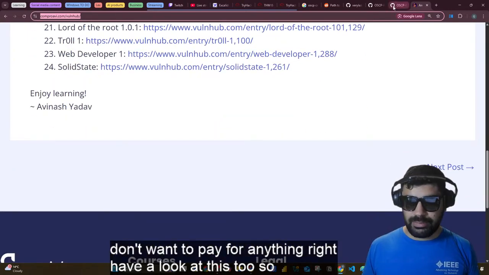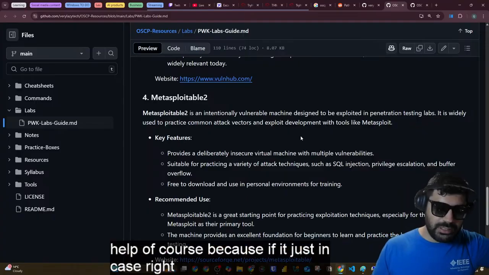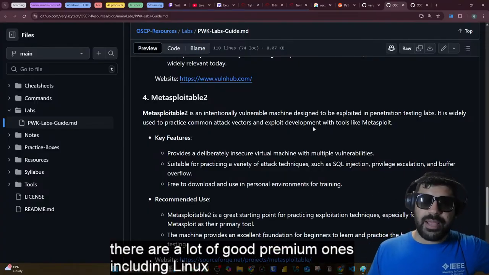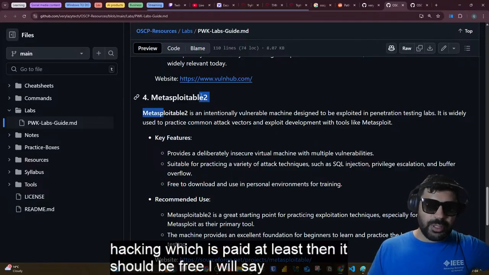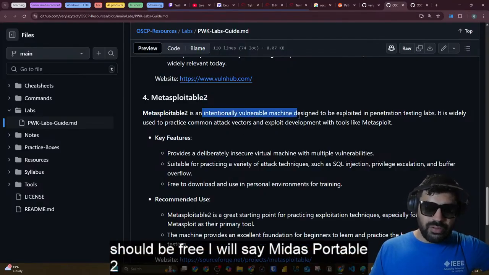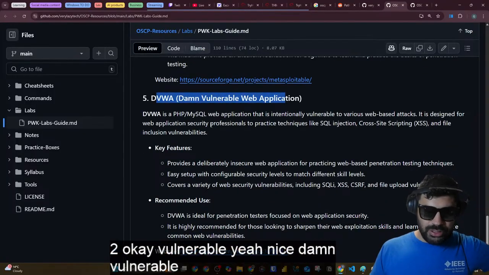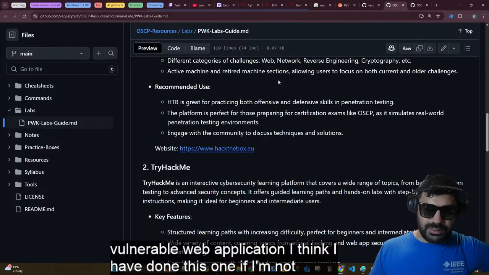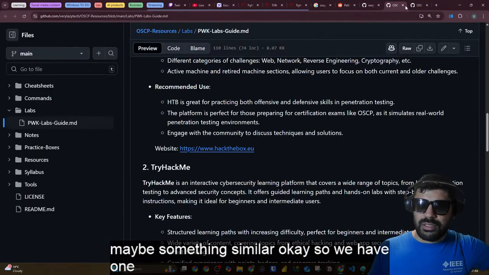These will help, of course, just in case. Because there are a lot of good premium ones, including Linux fundamentals on TryHackMe, which is paid. At least Linux should be free, I will say. Metasploitable 2, okay, vulnerable, nice. Damn Vulnerable Web Application, I think I have done this one, if I'm not wrong. Maybe something similar. Okay, so we have OneHub and